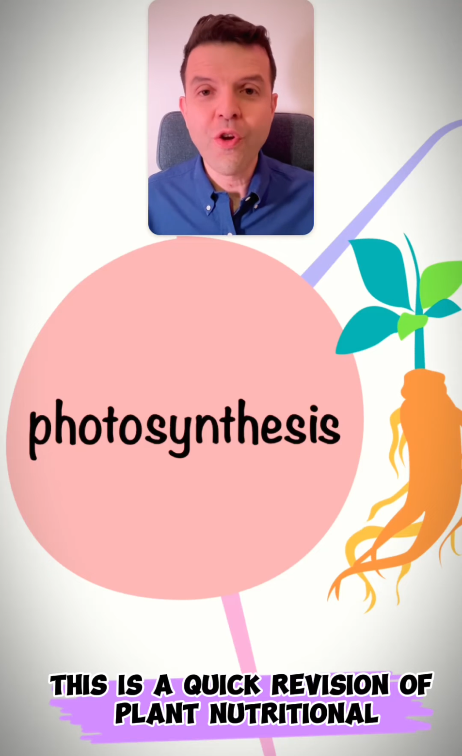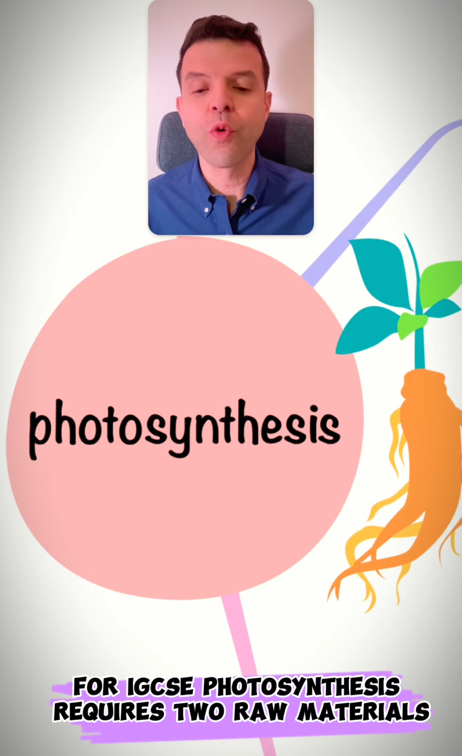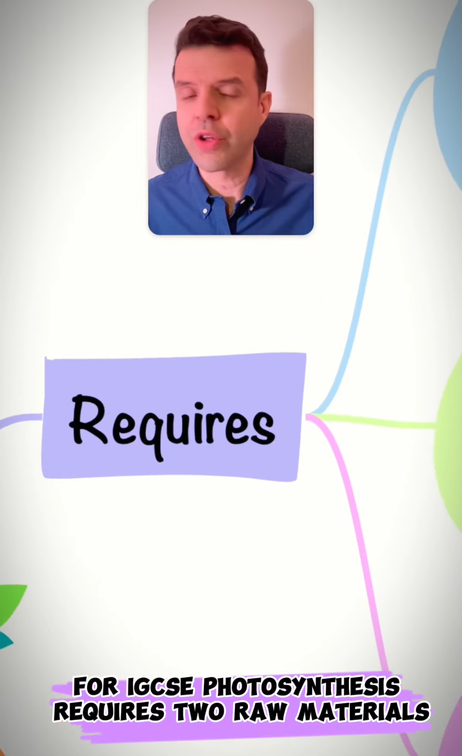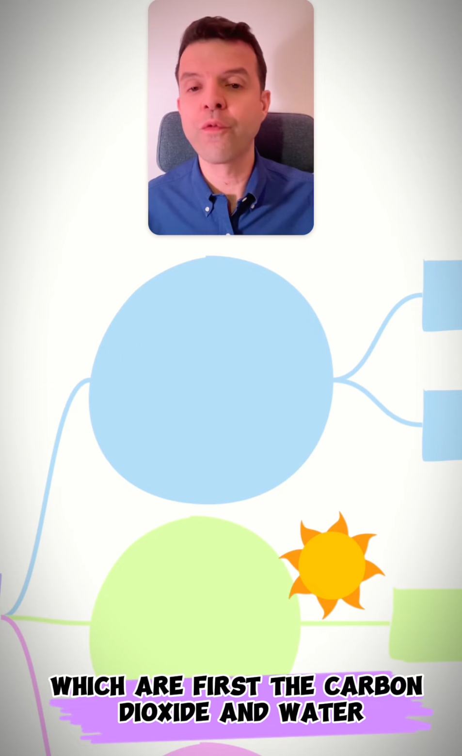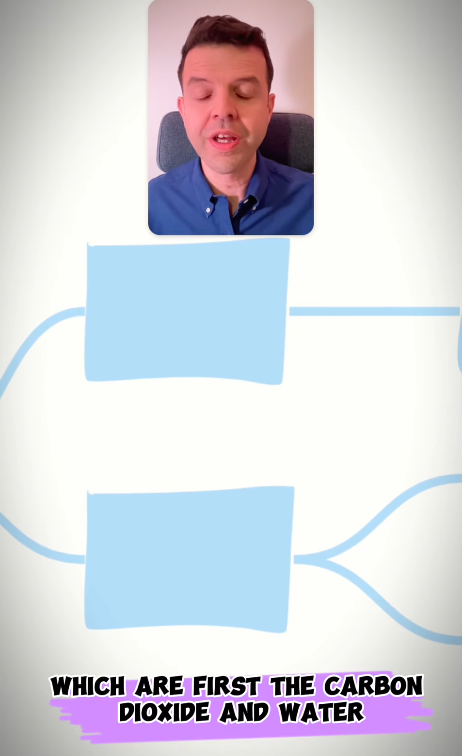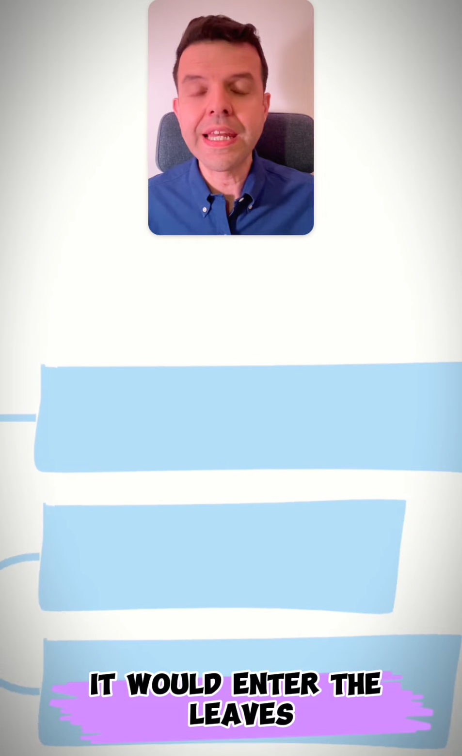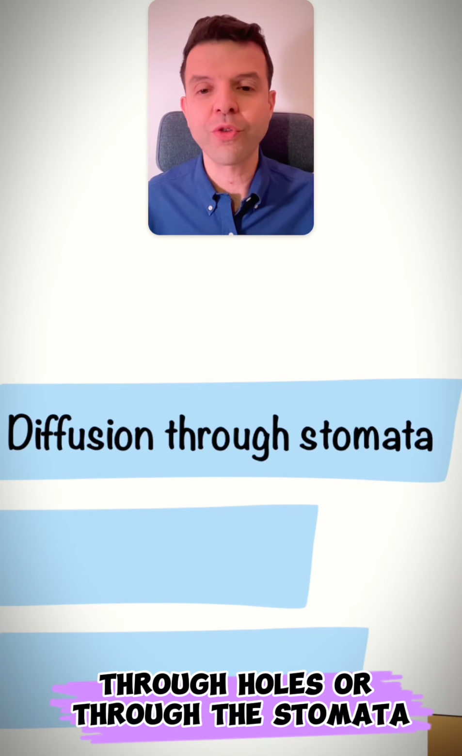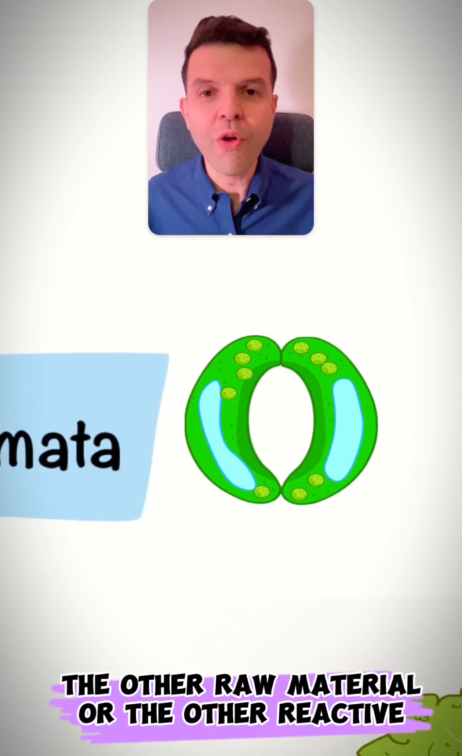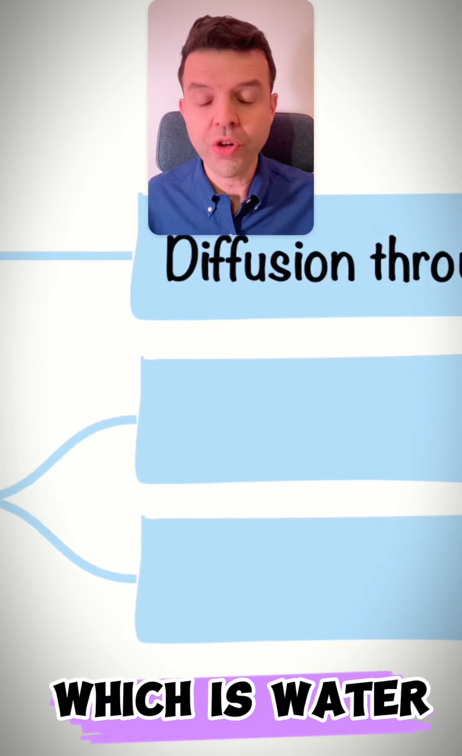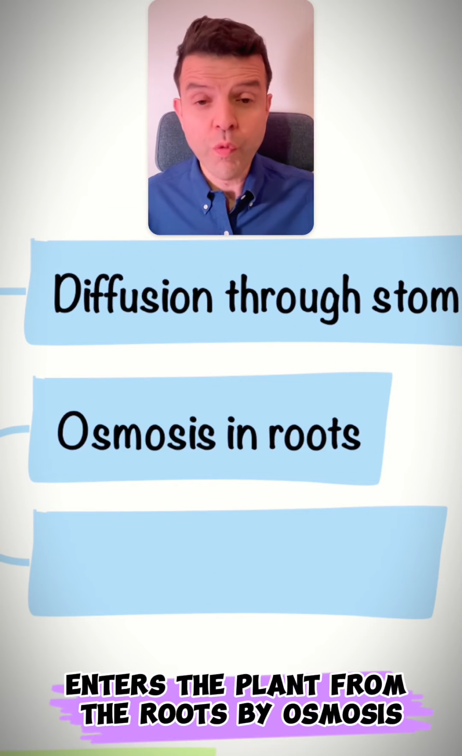This is a quick revision of plant nutrition or photosynthesis for IGCSE. Photosynthesis requires two raw materials or two reactants, which are first the carbon dioxide and water. Carbon dioxide, because it's a gas, would enter the leaves through holes or through the stomata. Now, the other raw material or the other reactant, which is water, enters the plant from the roots by